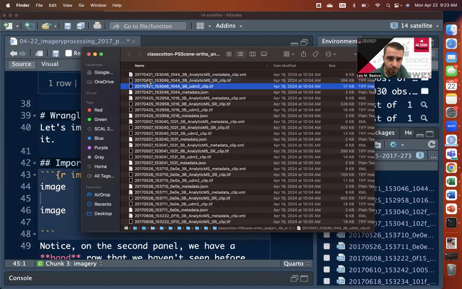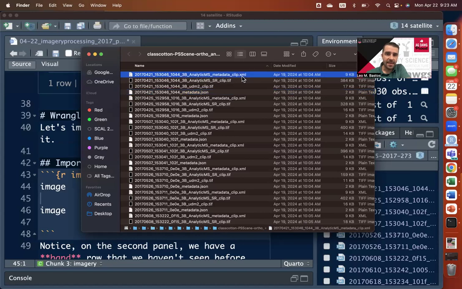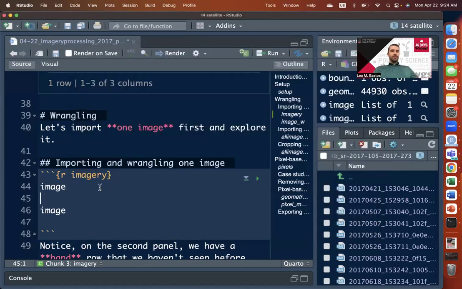We have four files with that same name: an XML, a .tiff, another .tiff, and a JSON. These files are telling us different things about this one single image. What we're really interested in is the analytic MS surface reflectance clip. That's the actual image that we want to bring in and analyze. So let's go ahead and first read in this TIFF file and explore how it looks. If we come back to the code here,